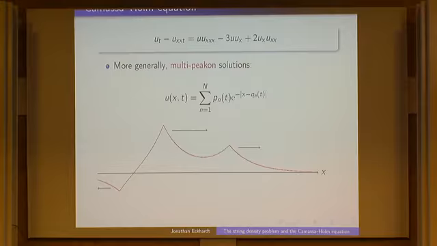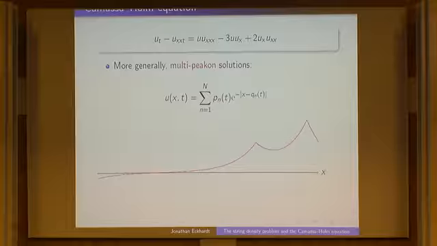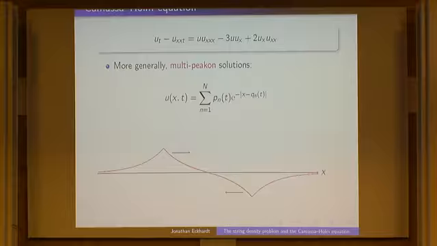So you have 3 peaks here, and this one will move to the left, and the positive ones will move to the right, and the higher one is faster and will eventually catch up with the lower one. Actually, they will not collide, but the faster one will push the smaller one away and eventually become the smaller one. So there's no collision of peaks here, but for example, in this situation, there will be a collision of peaks.